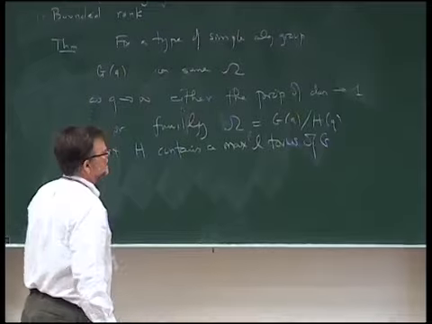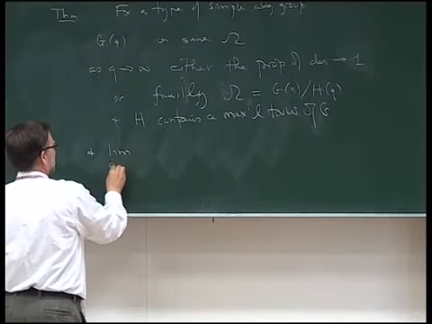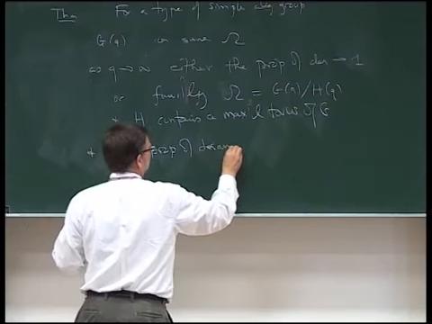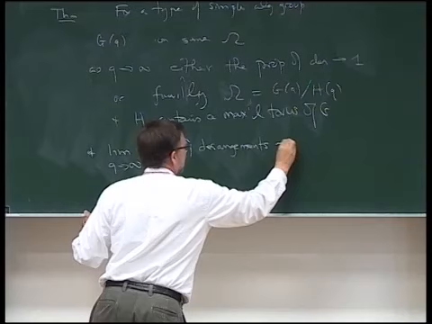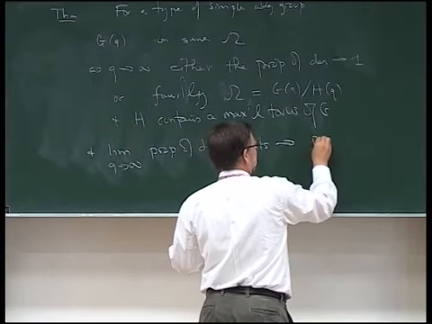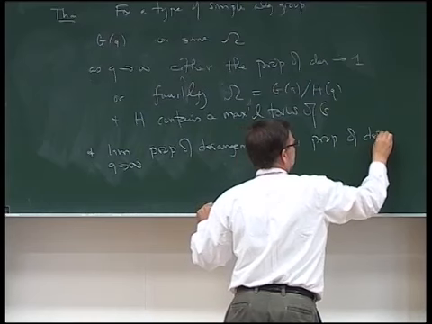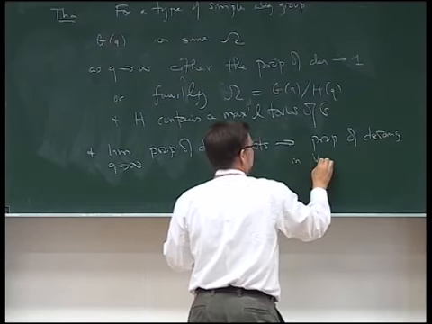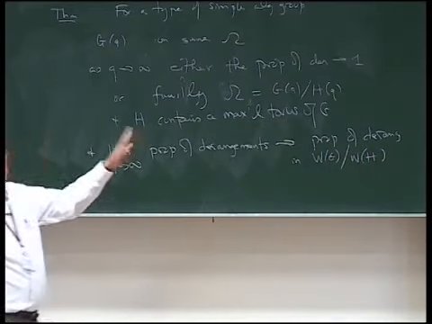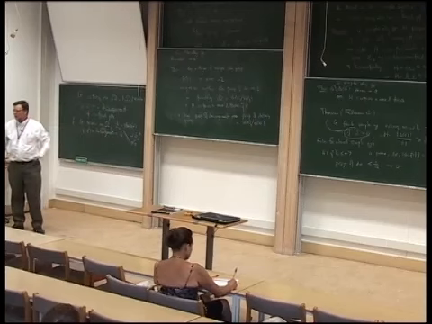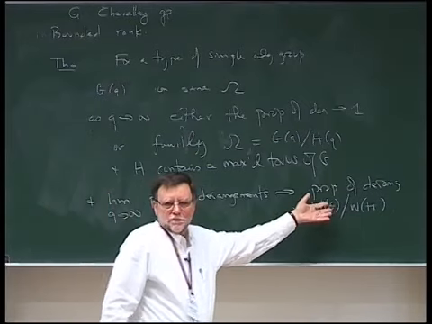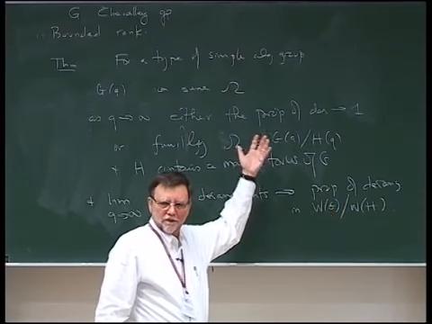And in that case, the limit as q goes to infinity of the proportion of derangements goes to exactly what's going on in the Weil group. I mean, you have to be a little careful in the twisted case, but this is roughly what's going on. And so, of course, for classical groups, we're essentially in the symmetric group case. And so we have the result there, so we can apply it.